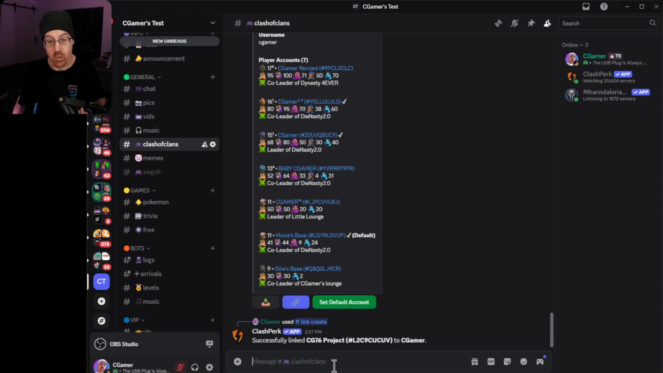So now that we have our roles created for our Discord, we need to go through the process of linking all of our town halls to our Discord account. So the first step, and you have to have every one of your members do this: if they have multiple town halls, they need to link every one of their town halls to their Discord account. So what you need to do first is type